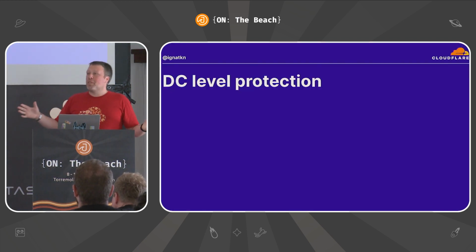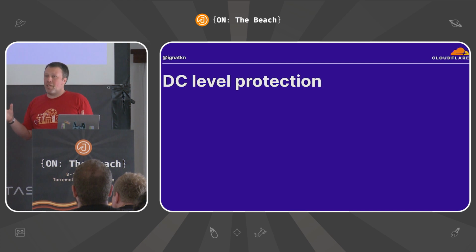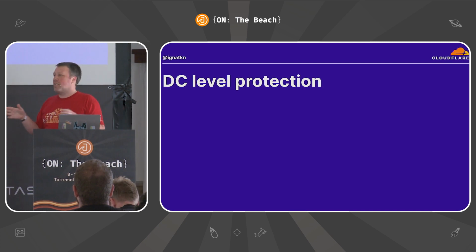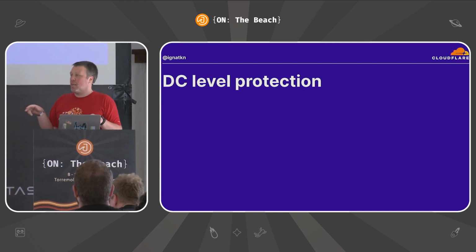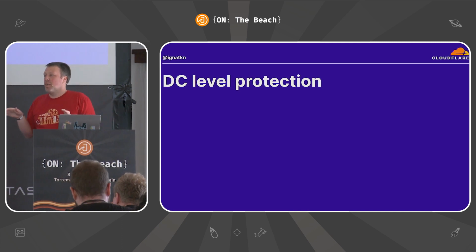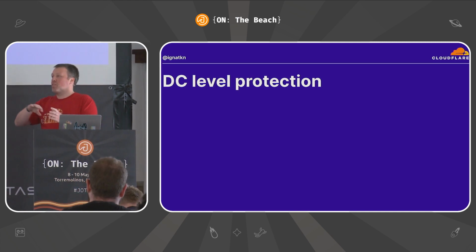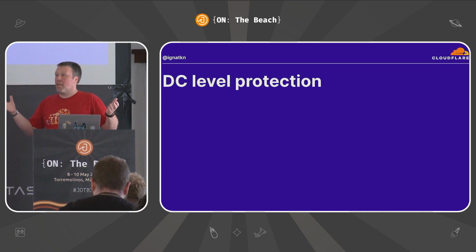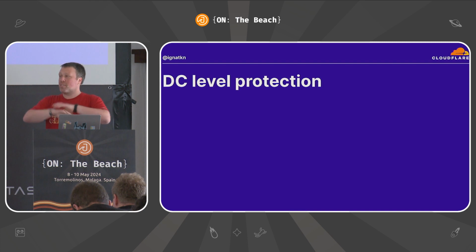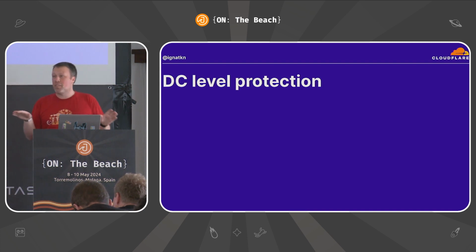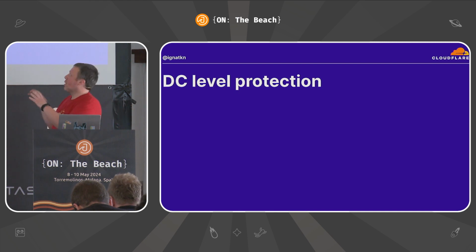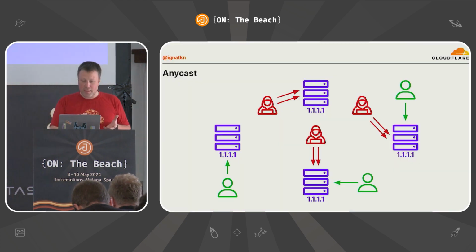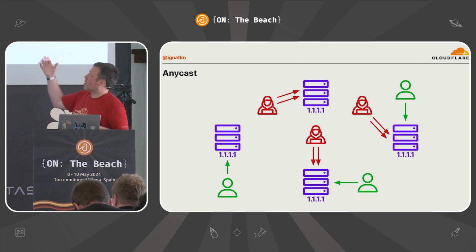Okay, so now we've been talking about distributed attacks on the internet, but you have noticed we never blocked any traffic, apart from the CDN case; we are always trying to slice and dice the traffic. So like with any Anycast network, we don't block anything. If there is a lot of attack traffic, we just slice and dice it across all the data centers that we own. So if we zoom in to the data center level, this is the Anycast, so we're slicing and dicing the attack traffic.